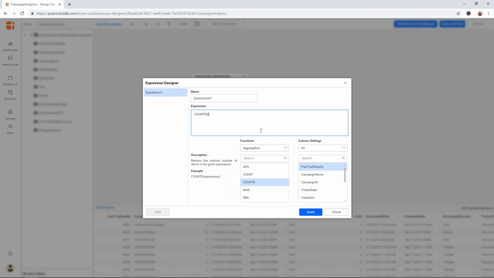For example, you can see that we have the campaign name, the download date, the tier of the company, the country where it is downloaded from, and also the product which is being downloaded. So one thing I can do here is to calculate the total number of downloads. I can do a distinct count of trial ID, so I can get the total number of downloads. So I'll provide a name for this expression as download count,